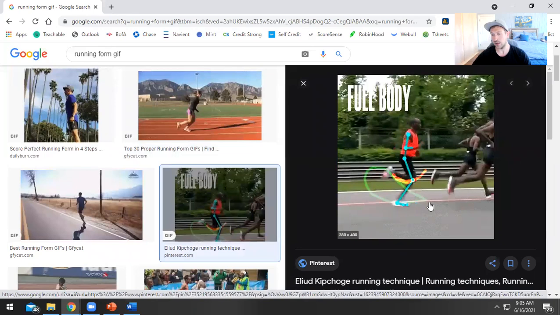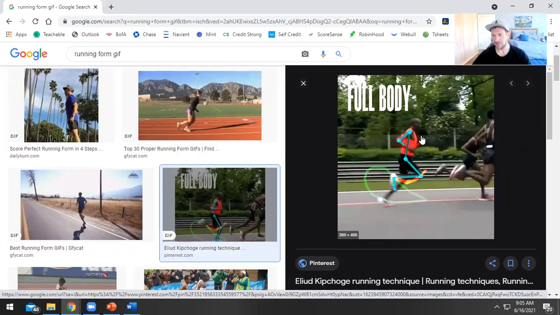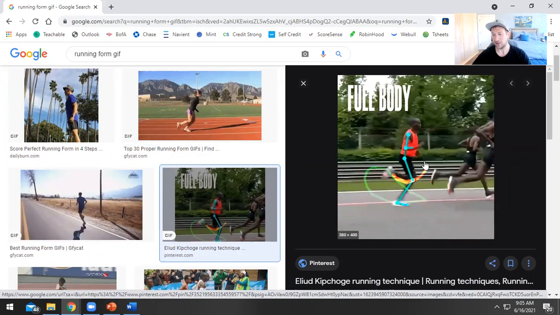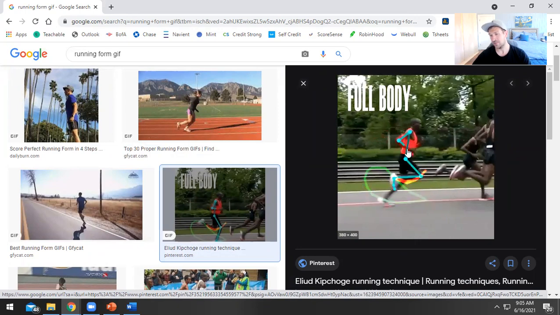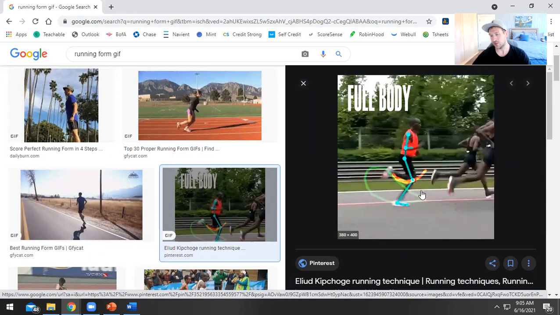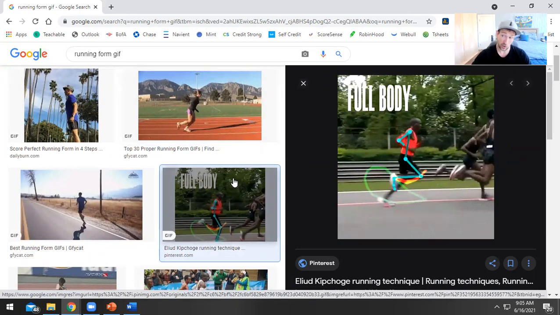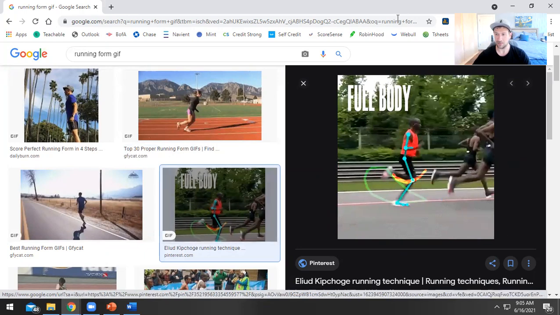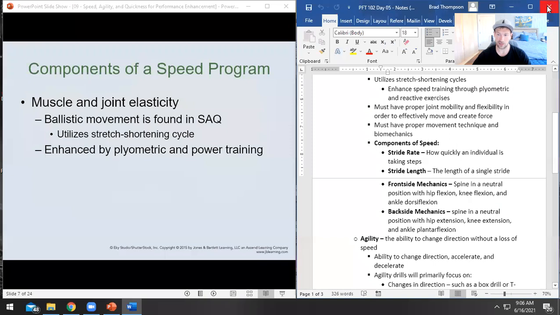And when you do that, is this Kip? Yeah, it is. So this is the fastest guy on the planet right now. You can see he's got an ever so slight lean in his body that allows him to spring from step to step to step rather than try to pull himself from step to step to step, right? He is basically jumping leg to leg. That's the difference between running and walking. So you'll see people sometimes who are trying to run and it looks like they're just very upright and doing a fast walk.